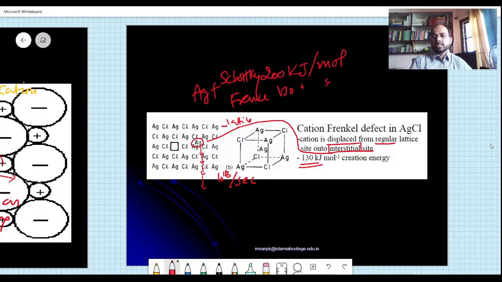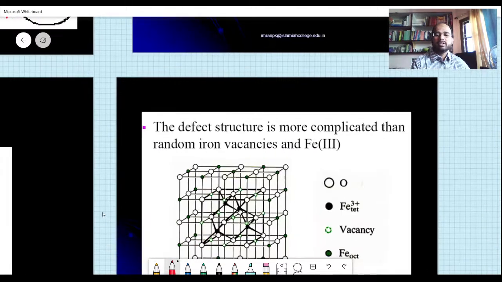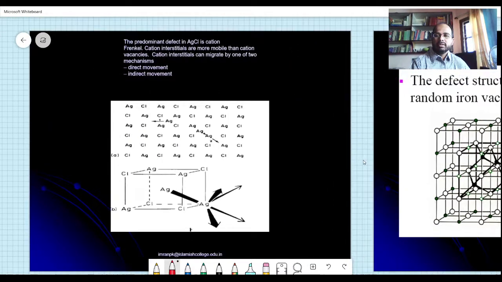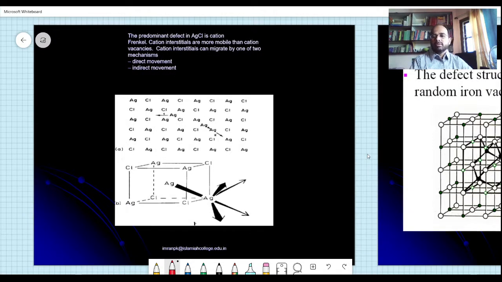Okay, I don't think that this interstitial cation goes there and will not come back. It may come back and occupy that particular place, and the cation and anion charges may be balanced. The crystal may become stable, but this is what is happening, and this kind of defect is known as the Frenkel defect. So here is again what I drew in the previous case, that arrow is there, AgCl, AgCl, AgCl, anions and cations are equally arranged there.